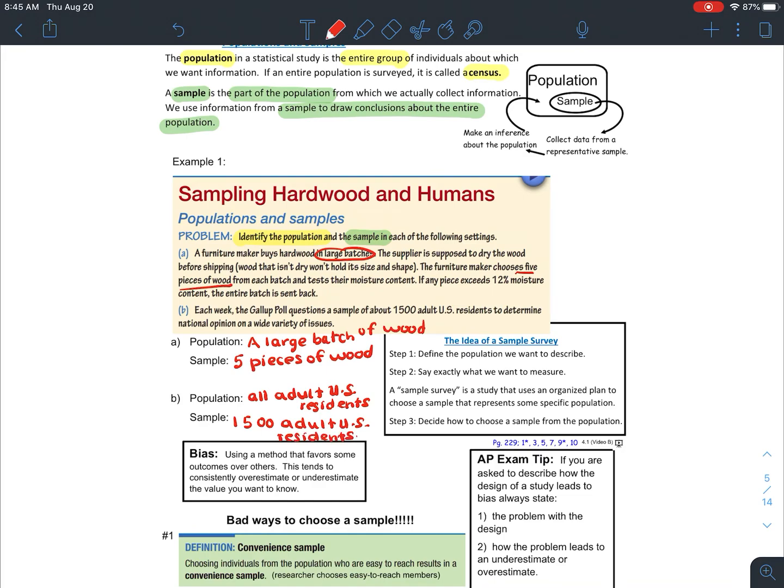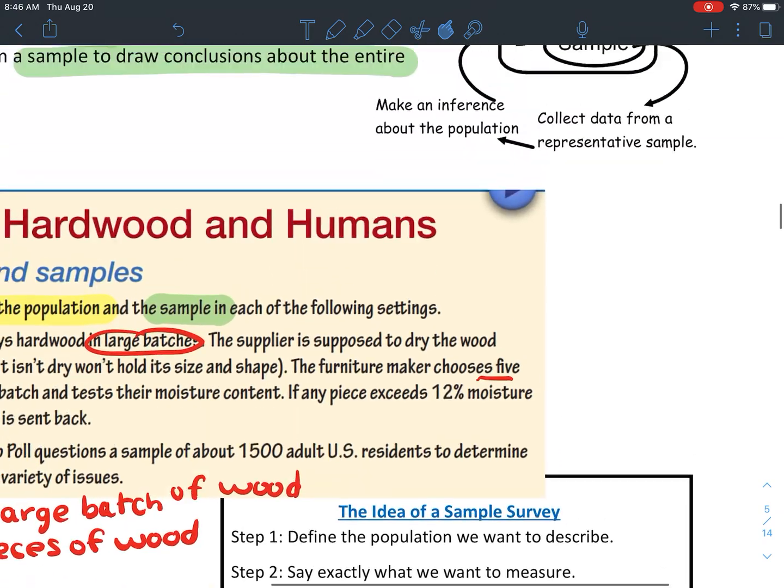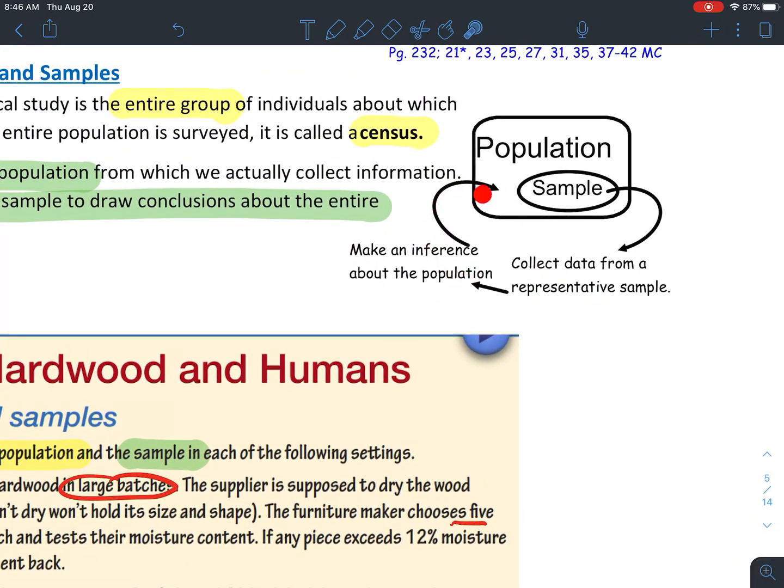Okay, so the idea of a sample survey is kind of a three-step process here. You always want to start by making sure that it's very clear you're defining who or what your population is that you're really wanting to describe, because please keep in mind this graphic up above here, that's kind of what the end goal is. I mean, if it is easy to take a census,